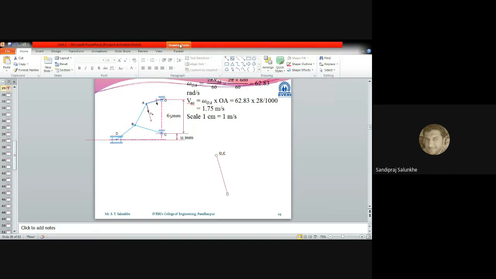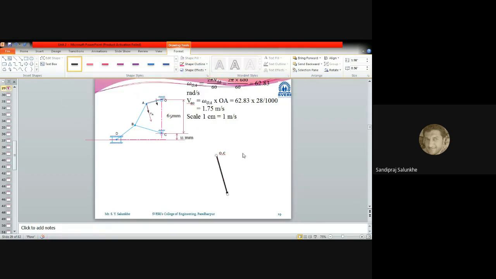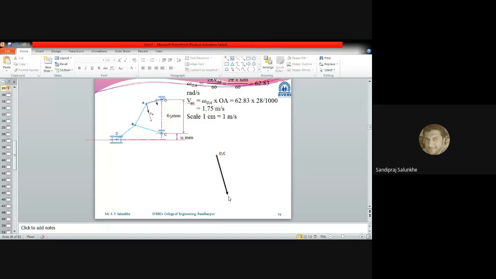So once you draw this vector, at the end of this vector you have to write is the velocity of point A. This vector is indicating velocity of point A with respect to O. Okay,